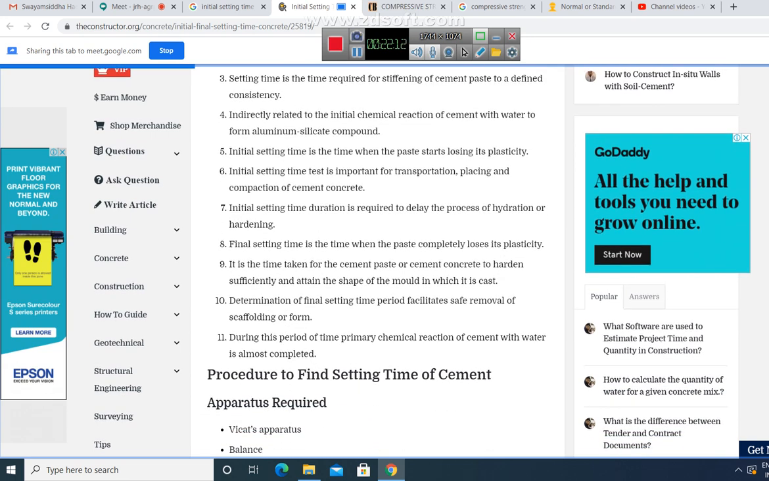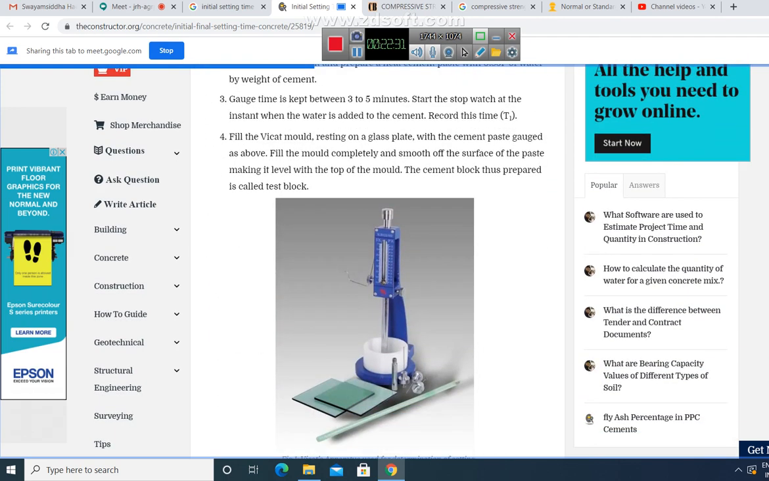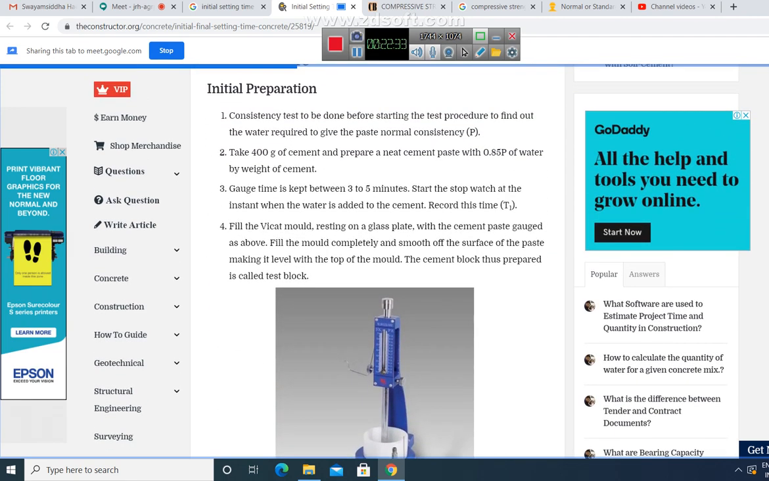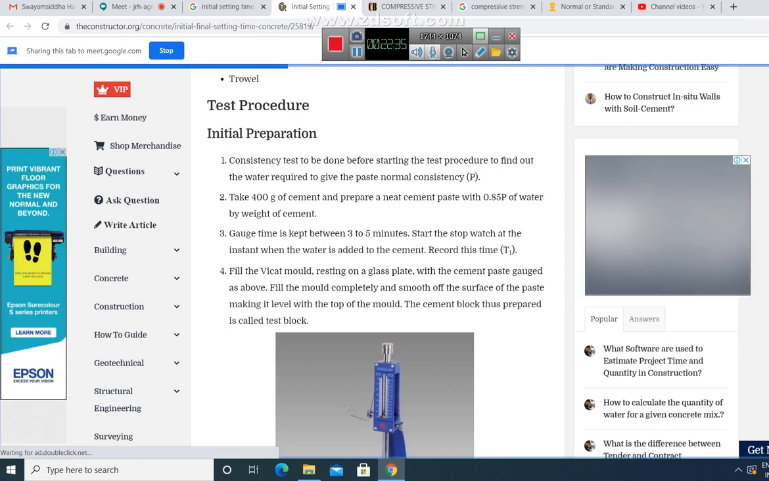Initial setting time. What do you mean by initial setting time? Initial setting time is the time when the cement paste will lose its plasticity. Whereas final setting time is the time when the cement paste completely loses its plasticity and it is not possible for a plunger to make an impression on the surface. Now, let us see the test procedure. We have already seen